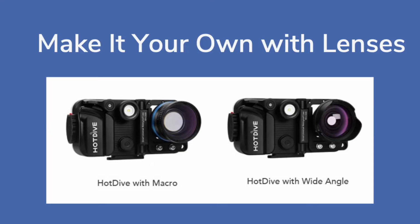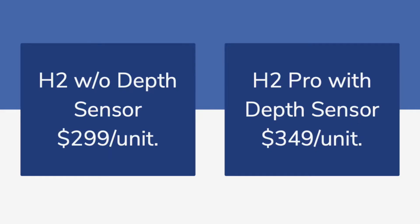There are specific macro and wide angle lenses, which I did not have for my testing and my review, so I can't really say anything about these lenses, but there is the option of adding extra wet lenses onto the rig. Price-wise, you're looking at the base model that doesn't have a depth and temperature sensor in it and therefore no computer available either. You're looking there at $299, and for the Pro model, having the sensors and therefore also the dive computer option, you're looking at